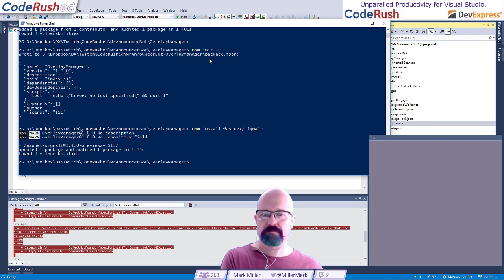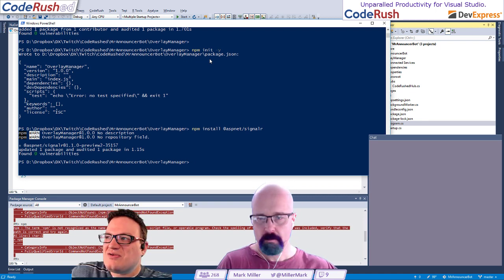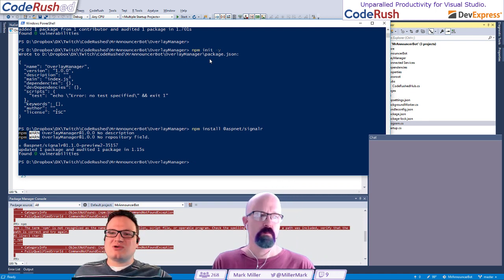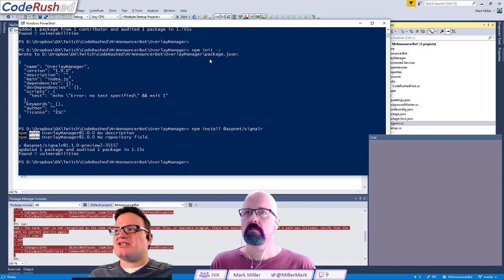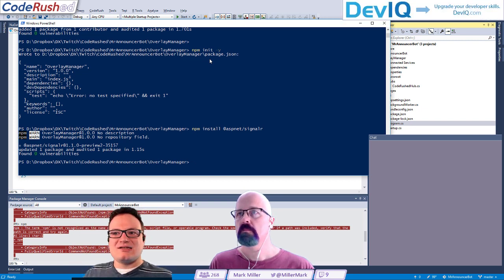Now, the part I was mentioning how this is dumb is that now Visual Studio doesn't have an answer for, hey, you got me my package, now I need to put it in the right place. But I think they have started adding some better JS packaging stuff in here, but it's not in yet. So